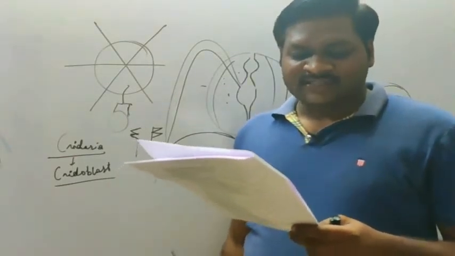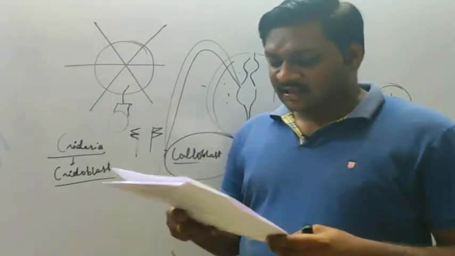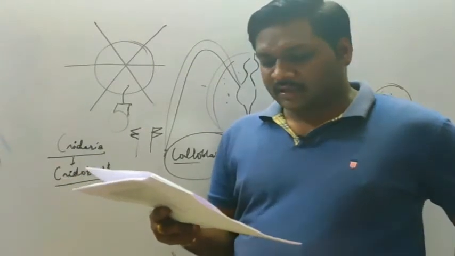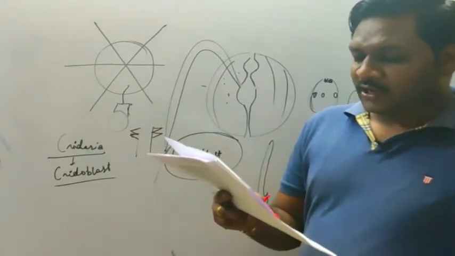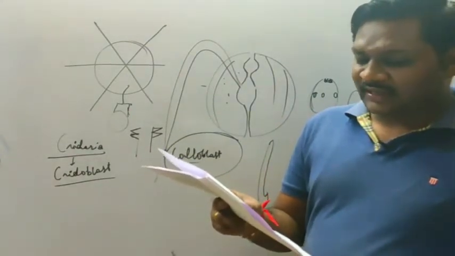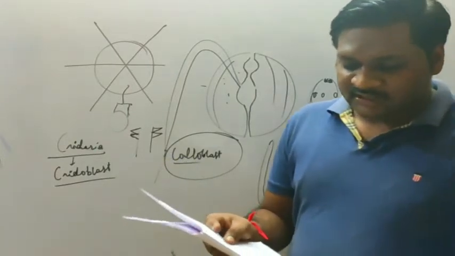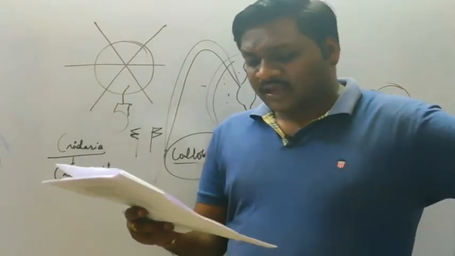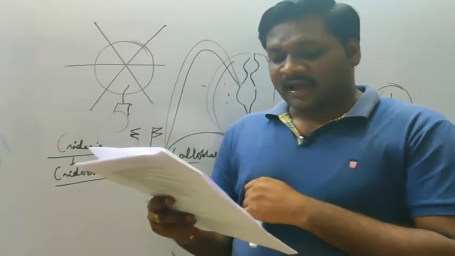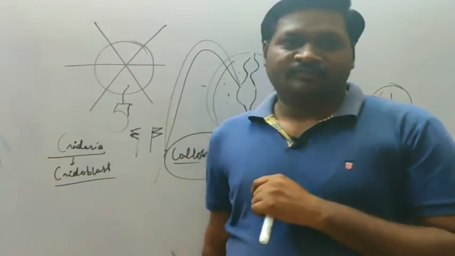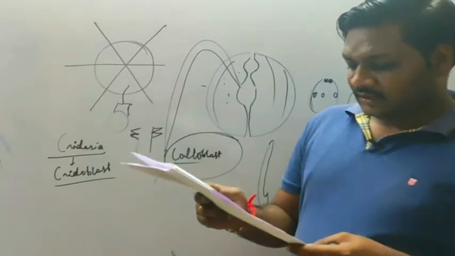Then question number 157. Eye of which molluscan group resembles the vertebrate eye? Here the options are given: Bivalvia, Gastropoda, Pelecypoda and Cephalopoda. So Cephalopoda have eyes which resemble the vertebrate's eye. Okay, the next question number 158. In which of the following phyla are larvae bilaterally symmetrical and adults radially symmetrical? See, it is about the echinoderms.